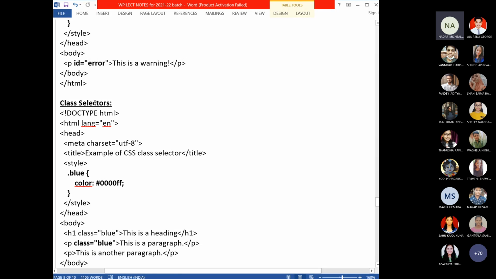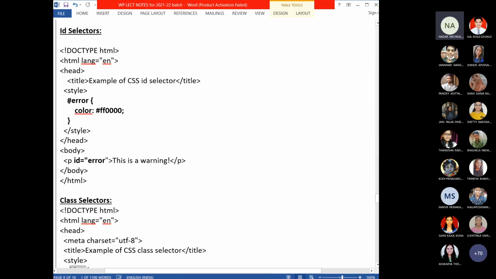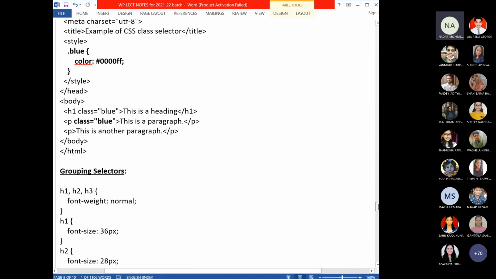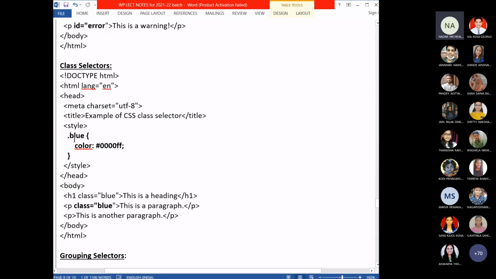Now in the class selector, the selector should start with a dot. In the ID selector, the ID name should start with the hash. In the class selector, the class name should start with the dot. So in the place of the selector, you will not write an element, you will write a dot and some keyword. The keyword should be the class name.